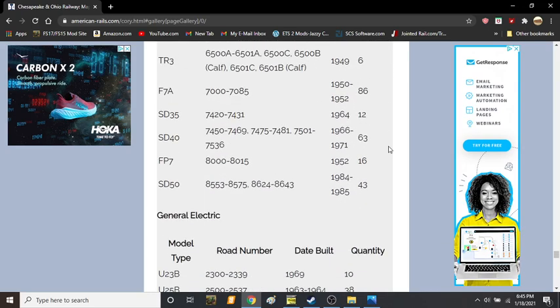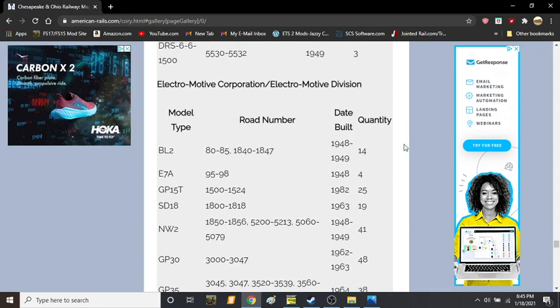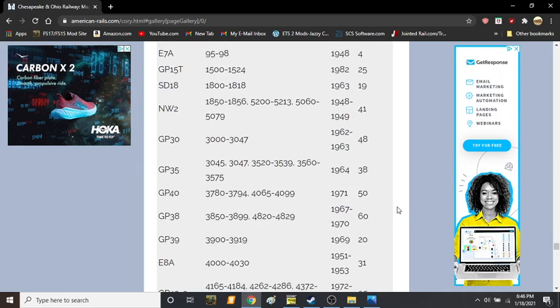They were a favorite among EMD locomotives, with them rostering 14 BL2s built in 1948 to 1949, 4 E7As built in 1948, 25 GP15Ts built in 1982, 19 SD18s built in 1963, 41 NW2s built in 1948 to 1949, 48 GP, I'm sorry, that was 41, not 48. 48 GP30s built in 1962 to 1963, 38 GP35s built in 1964, 50 GP40s built in 1971, 60 GP38s built in 1967 to 1970, 20 GP39s built in 1969, which are a very rare EMD,